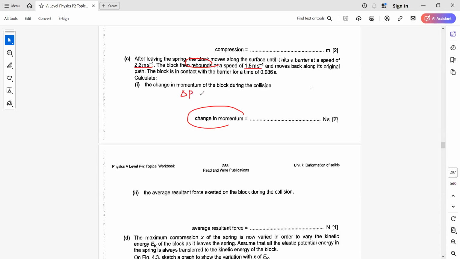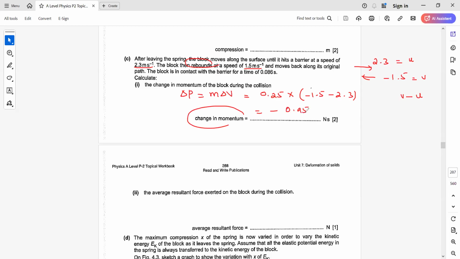Okay. So momentum is basically m delta v. So mass is already given in the question. That was 250, so that becomes 0.25. And then basically velocity, if let's say we take, for example, 2.3 as positive, so minus 1.5, right? So if we say that's initial and then that's final, it becomes V minus U for the change in momentum. So that would be minus 1.5 minus 2.3, right? So regardless, the velocities are going to be added. So the momentum change would be